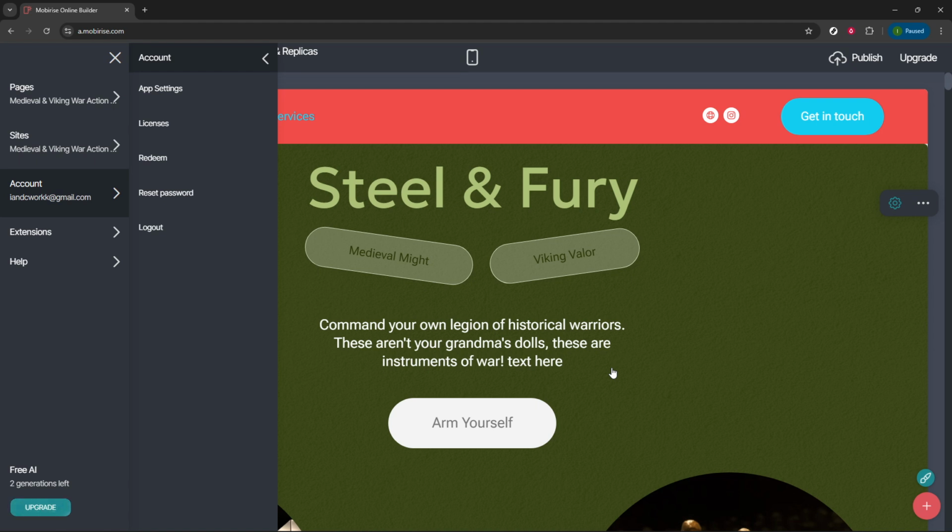That's the entire process. To recap, log in, open the menu, go to Account, open App Settings, and ensure the Remove Mobirise from HTML option is enabled. This small adjustment helps keep your code tidy and professional without changing how your site looks or works. If you manage multiple projects, remember that this is an app-level preference, so you won't need to repeat it for each site. You're ready